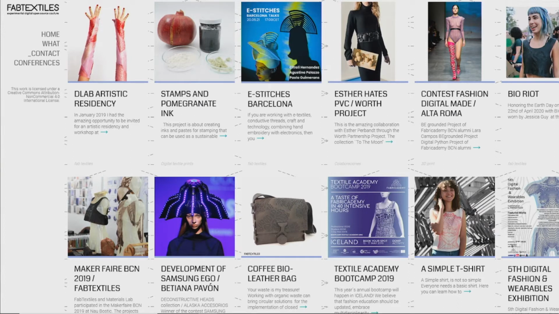And you can find a lot of open patterns and open resources on how to extract pigments from pomegranates, for example, all different things. And it has around 100 posts now, so it's been adding up over all the years.